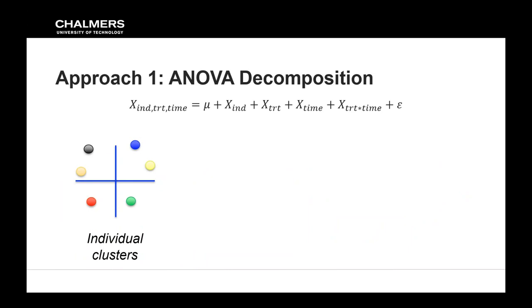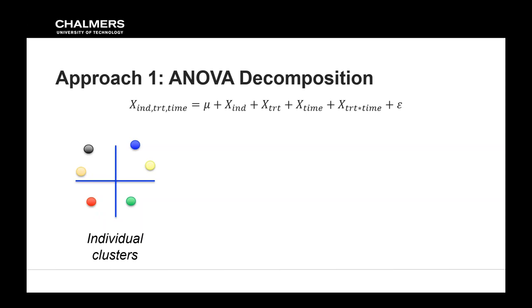So the first thing that we did with this data, with 11 individuals, 3 or 4 treatments depending on how you see it, and different time points, was to go to our friend ANOVA decomposition. It may seem daunting, but you borrow the general idea behind ANOVA analysis to decompose the data into partitions. So we dissect the overall variability by the main effects.